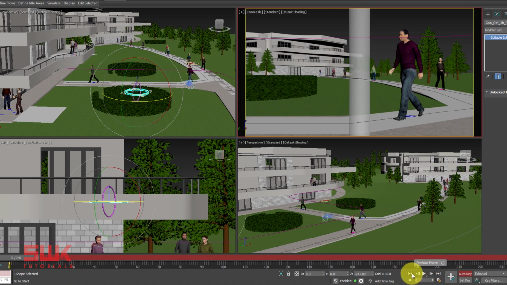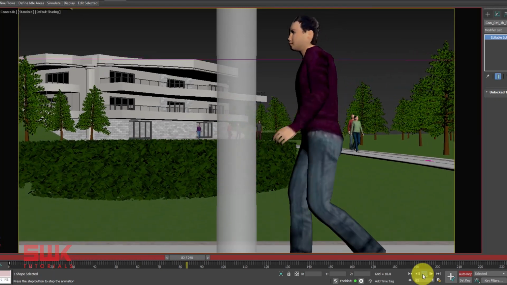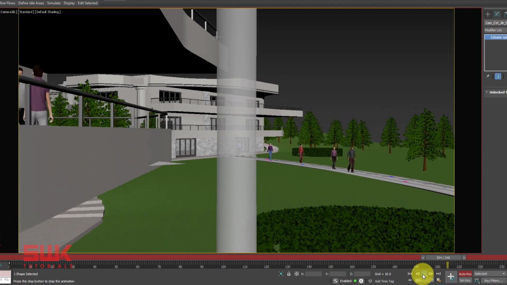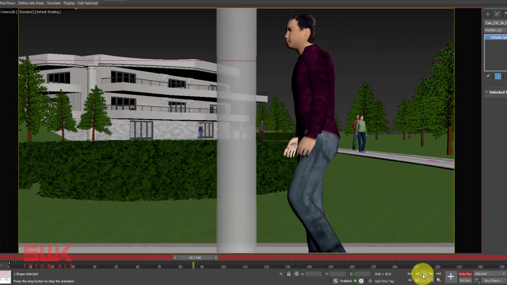Now, again, go back and play your animation. Now you can see my animation is a lot better than the previous time.